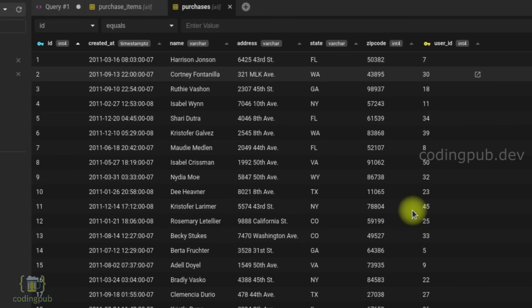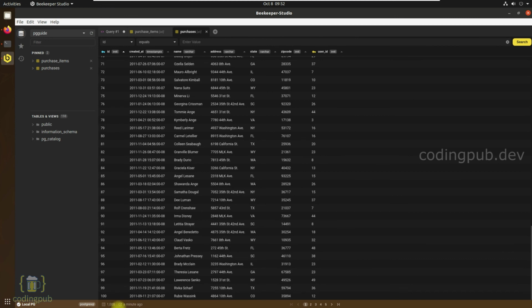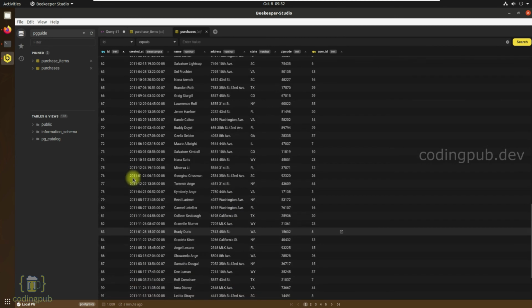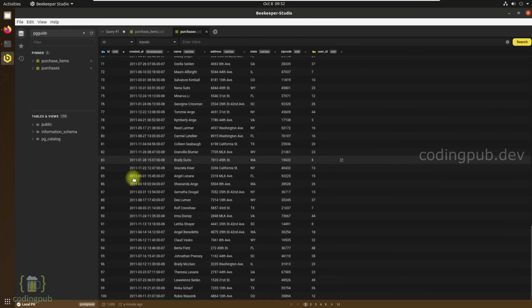As I mentioned before, this table has a total of 1000 records, but in this page you will be able to see only 100 records. That is because the total number of records has been paginated to 100 records per page, because if all the records are displayed on the same page, it will be hard for us to view.